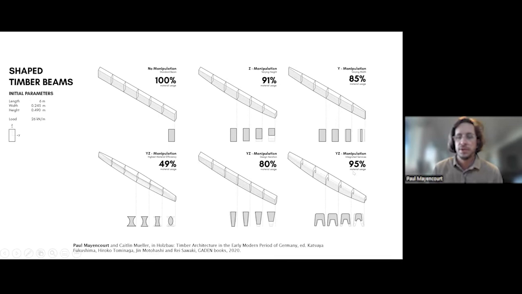So one example I like to talk about is this one, where this is not necessarily a massive saving of materials compared to what could be possible in the same element. But this one has, I would say, an interesting section. It has a U shape, inverse U. So the model that was developed here in this research allows this kind of analysis to calculate and design these kinds of beams. And you can input a section and you can find the optimized version of the section that you want based on this timber mechanics model that's been developed.